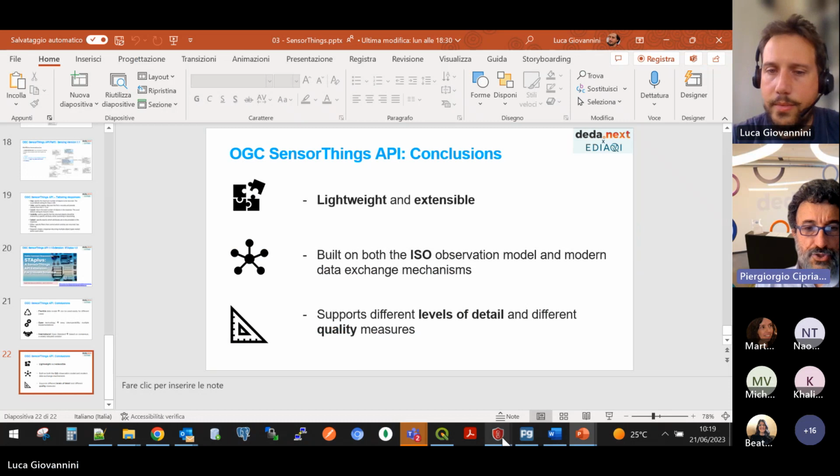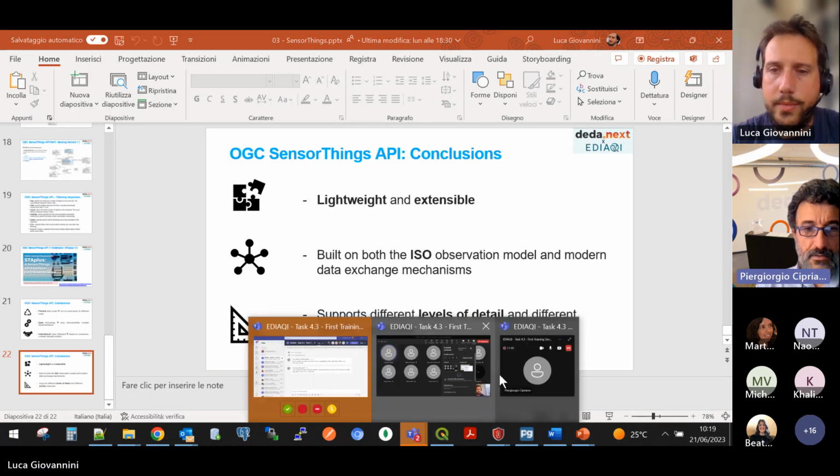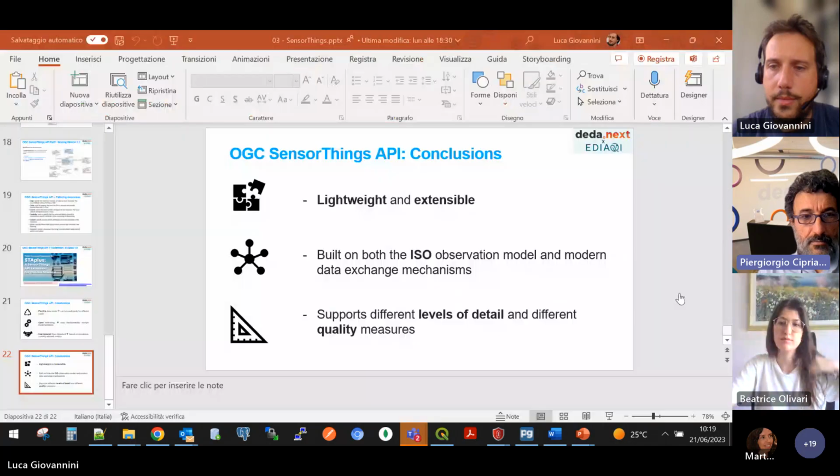While changing the microphone, before passing the microphone to Beatrice, and before the break, we will see with Beatrice some examples of requests to SensorThings APIs, in particular to the endpoint exposed and made available by the Fraunhofer Institute with near real-time data about air quality.